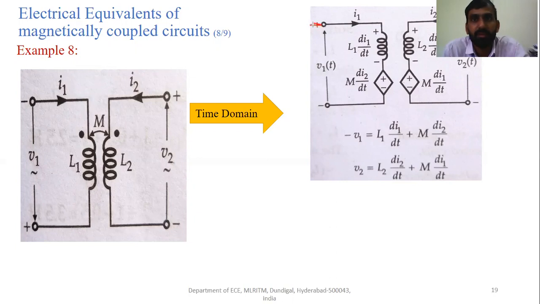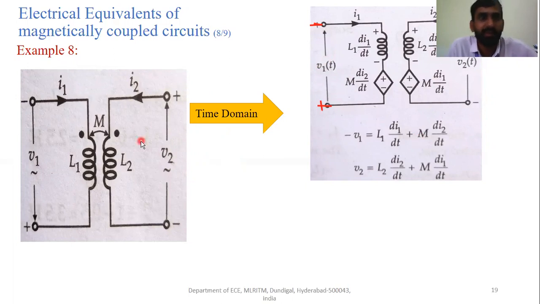This is negative over here. This is negative and this is positive. This is positive and this is negative. Because here V1 is negative, right? As V1 is negative, so this is going to be your equation, and this side V2 is positive only. So no need to change here. V2 is going to be positive.